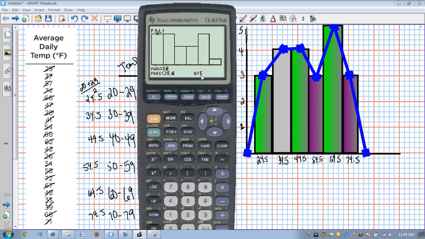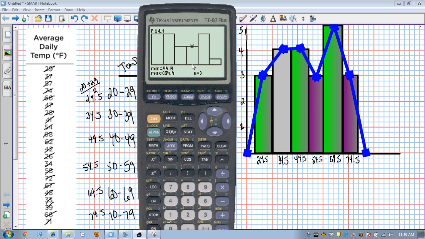So they're kind of following those rules from the PowerPoint. And I have 5 things in here that go from 26 to this class limit of 35, because the class boundary is 35.6. So if you're a 35.6 or higher, you get kicked up to here. And so from 36 to 45, that's where you land in here. And there's 5 in there. This would be from 46 to 54,